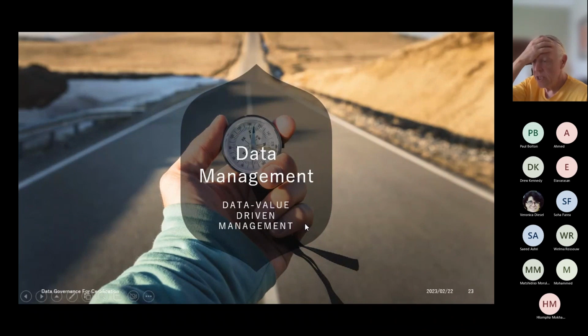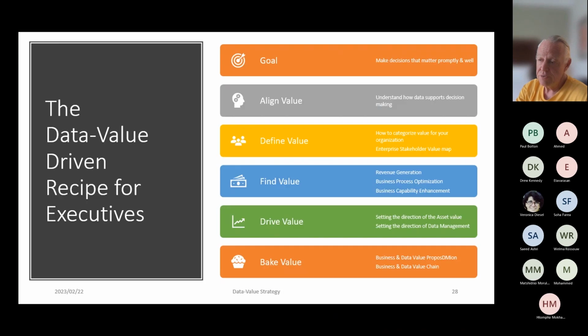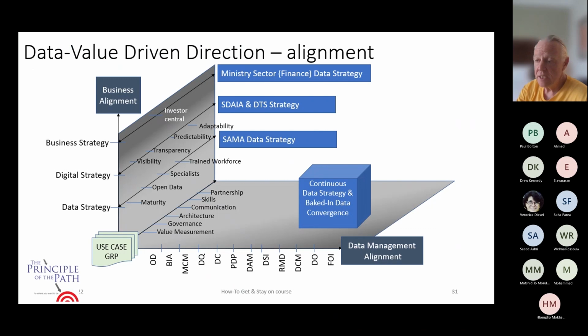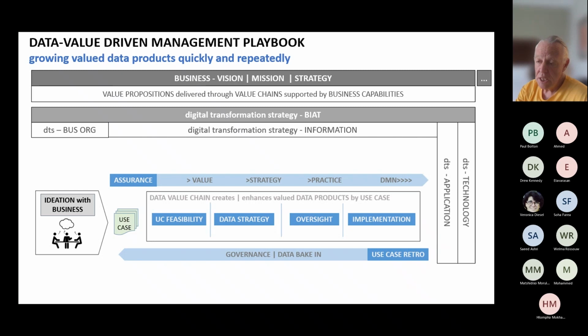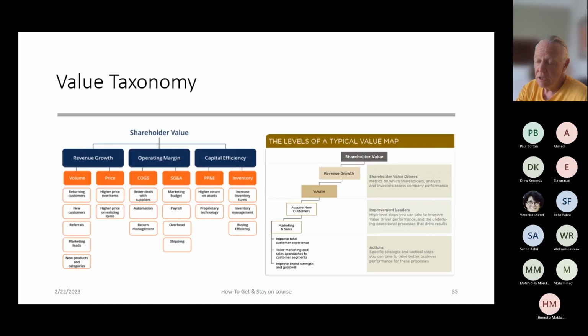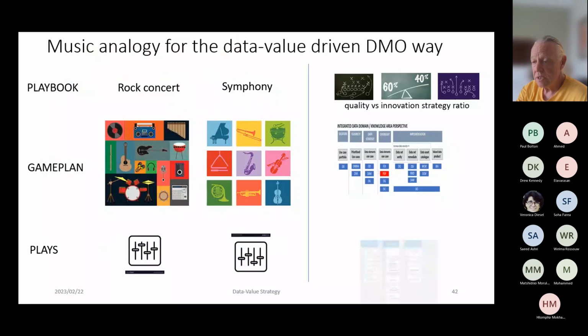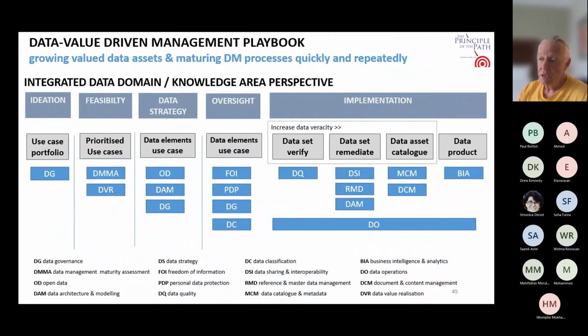One of the things I just want to share with you quickly is that we've also brought in an agile way of doing it, and I just want to get through a few slides here. This is an example of how we've linked the data strategy with SAMA, and then the domains. What I want to share is this slide, where we bring the different domains together. Can you see all of those different domains? We've now mapped them into a flow, a playbook.